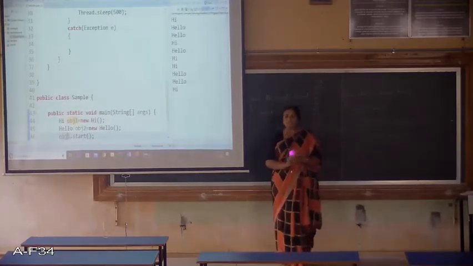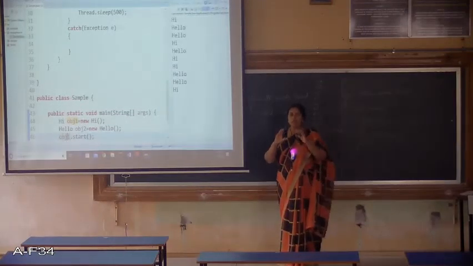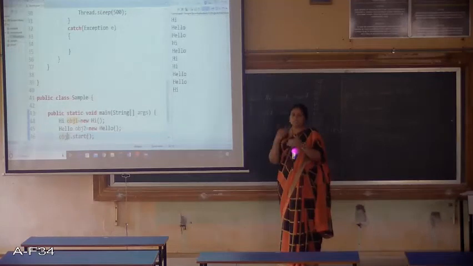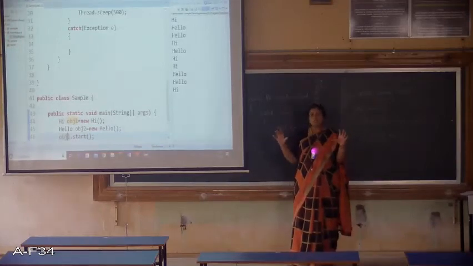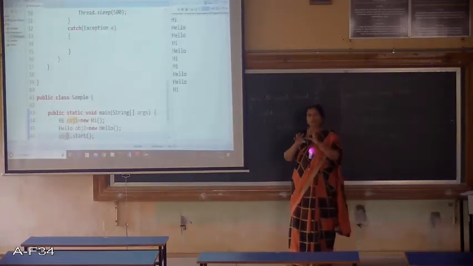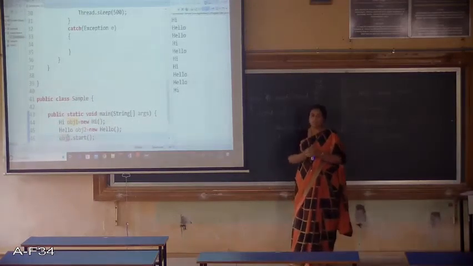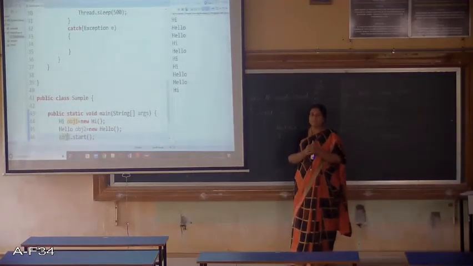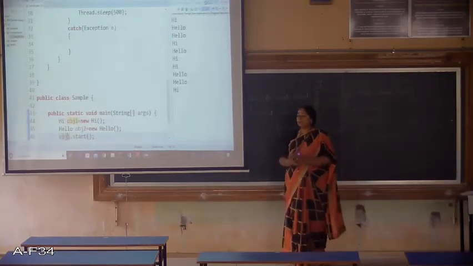See this, when we have these 2 threads, those 2 threads go and request the CPU, right? At some point of time, both these threads go and ask for the CPU at the same time. There is a possibility, and that is what has happened over here.